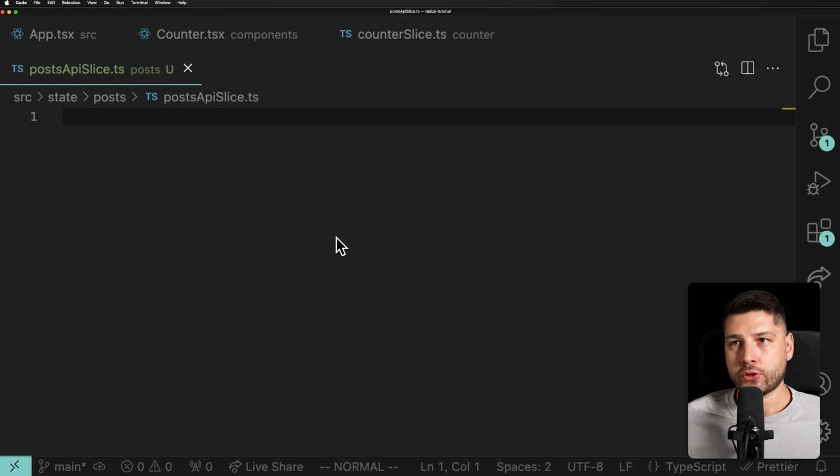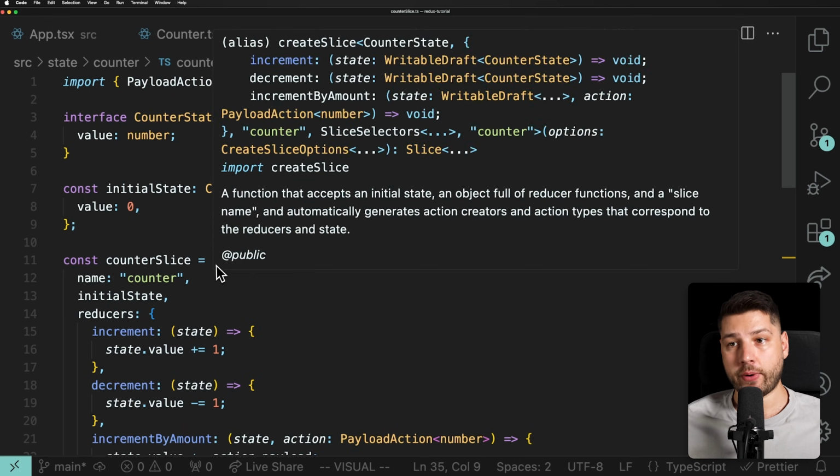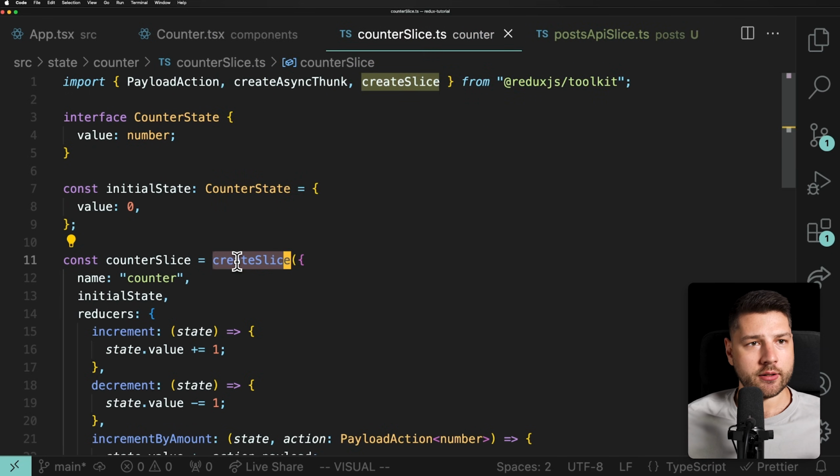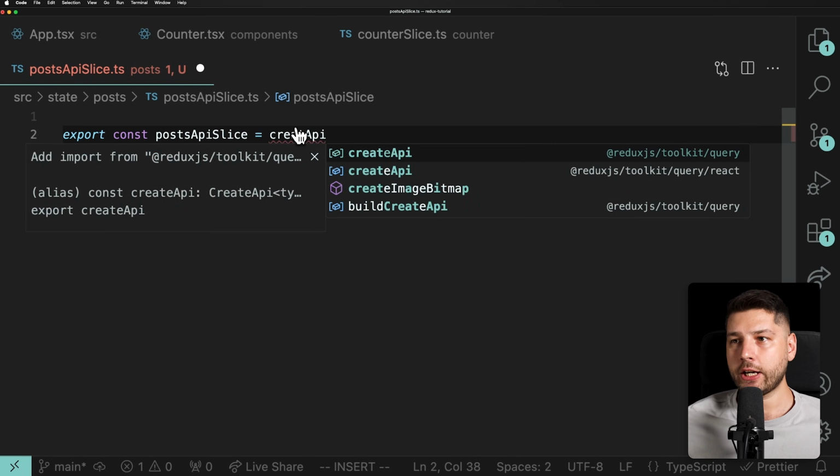our posts. So just like we did here in our counter slice, we're going to be using a helper from Redux Toolkit. And in this case, we're going to be using it from Redux Toolkit Query. It's not going to be createSlice. It is going to be createApi. So we're going to do export const postsApiSlice equals createApi, and here we're going to import this from